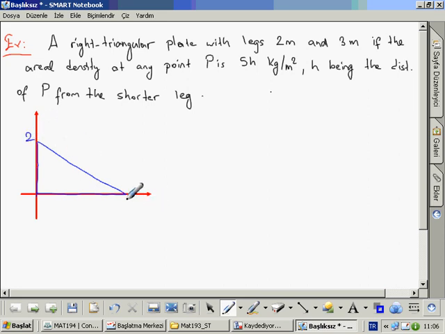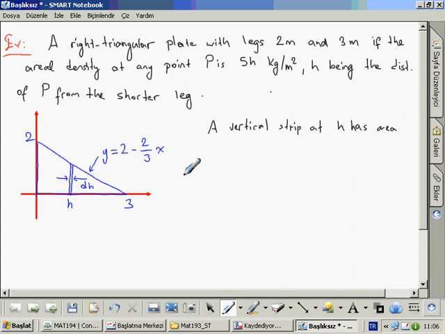Point is (2, 3), and here is h, and also this is L, and its formula will be y equals 2 minus 2 over 3 x, okay, and about this vertical strip, of course, which is del h, the vertical strip at h has area, which is also del A, equals (2 minus 2 over 3 h) del h,